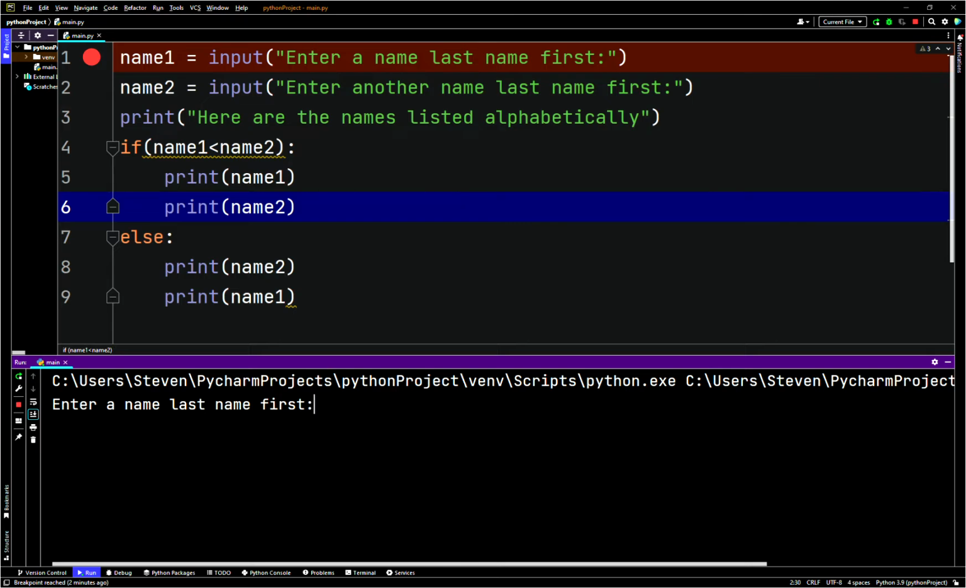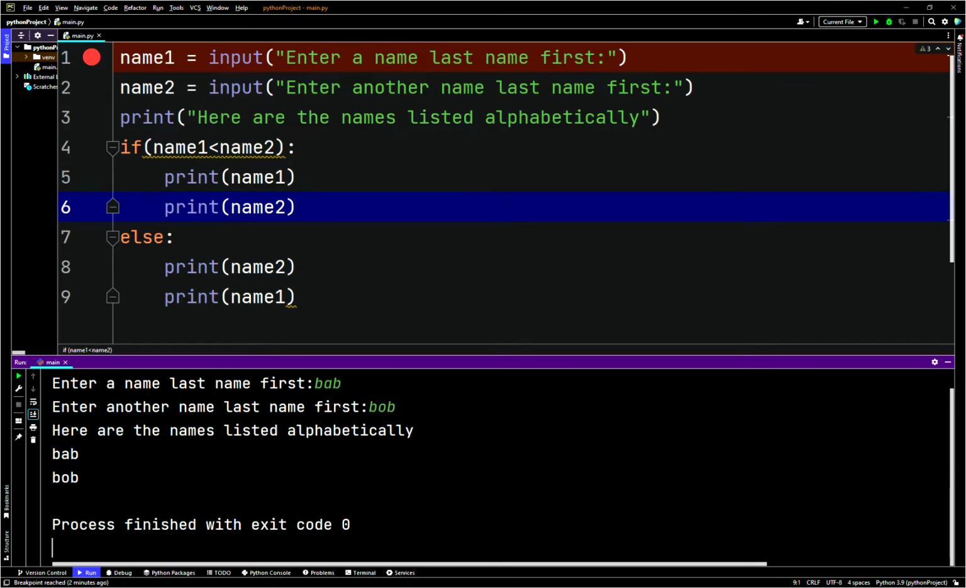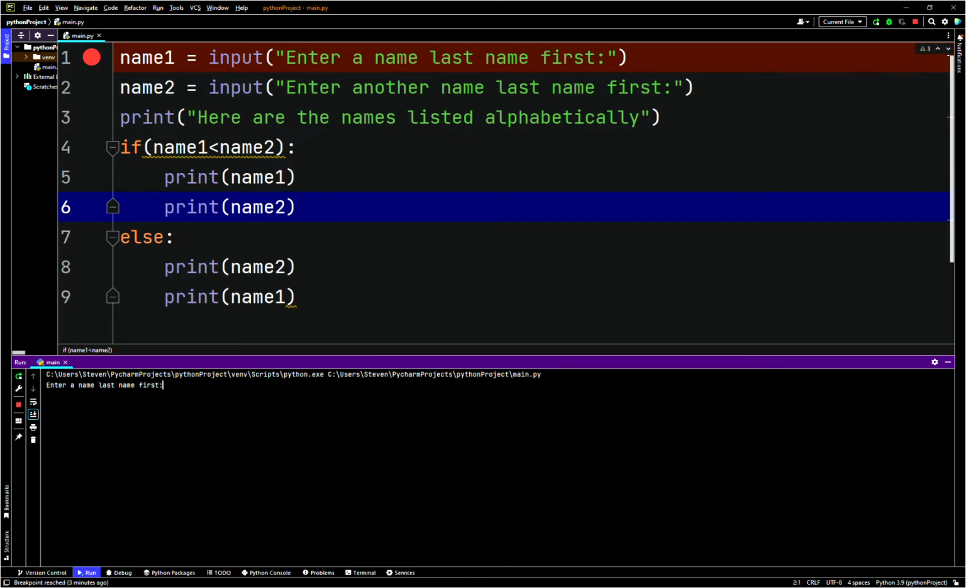Let's just say their last name. So we'll say Bab and Bob, and Bab's going to be first, because if name 1 is less than name 2, in this case it is, because the first letters were the same. But this time it compared the second letter, it went by the second letter in this one. But if we flip them, so if we go Bob and then Bab,